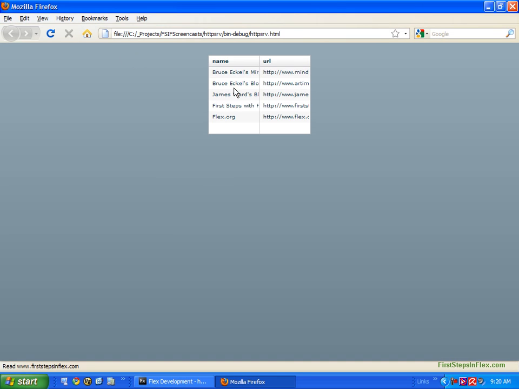So there we go. And you'll see it happen pretty darn quickly there. We got our data grid. So we see the properties here with the data that came back from that XML file. And so the data grid figured out what the column name should be based on the properties